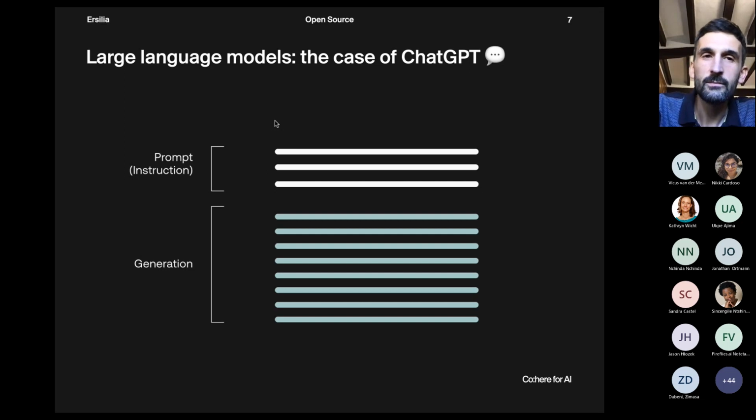So let's start with the first topic, a very exciting one, large language models. I'm sure you have all heard about ChatGPT. It's all over the news now. The idea of ChatGPT and any other large language model for that matter is that we have a prompt. Let's call it an instruction. This is what the user, the human, writes. And then there's a generation step where some text is generated by an artificial intelligence. This is not new, but what's new is that models like ChatGPT can do this exercise with outstanding performance. I don't know if you've had the chance to try GPT, but I really encourage you to do so.